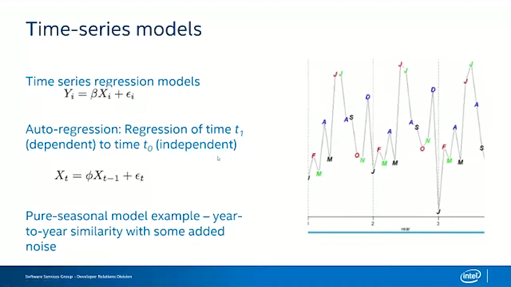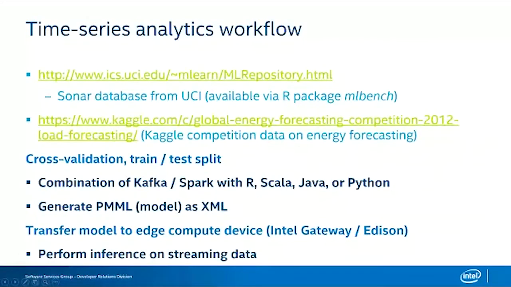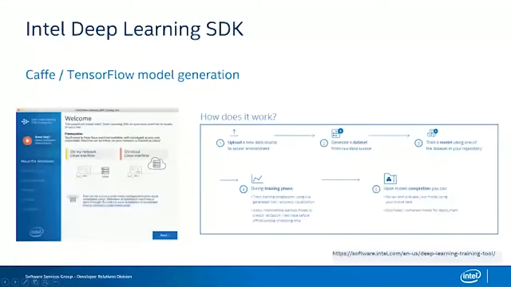So in time series, you can essentially regress on time t-1 to time t0, and that's auto-regression, right? So you have data that essentially looks at just the previous timestamp of itself, add some systematic error terms, and then you get your current model. Again, when I publish the PDF around this, you'll be able to see the workflow. There's some really good repository from UCI that you should probably take a look at.